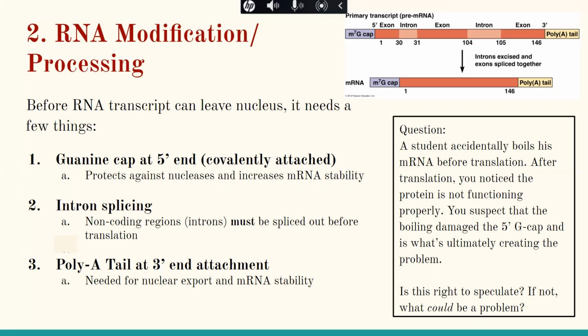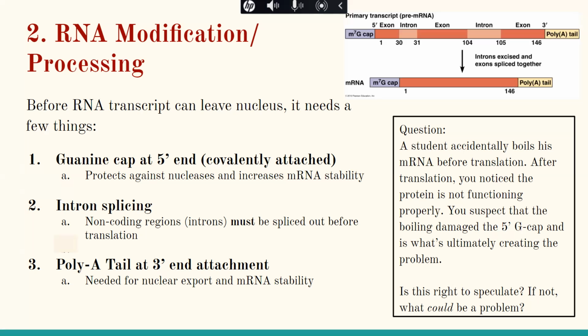No. Okay, if not, I have a question for you. Let's say you're in this lab and you isolated your mRNA and you accidentally boiled it somehow. You took it out of that boiling pot and then you had it translated in some free ribosome. However, now you're noticing that for whatever reason, after you boiled it accidentally, your protein is not coming out correctly. There's something wrong with it. And you're thinking that the boiling may have messed up the 5' cap. So what do you think about this speculation? Do you think that's